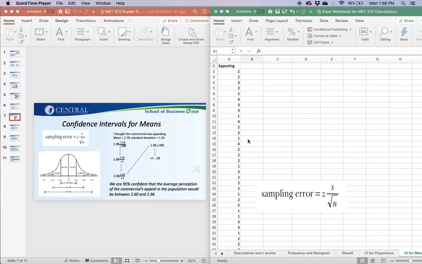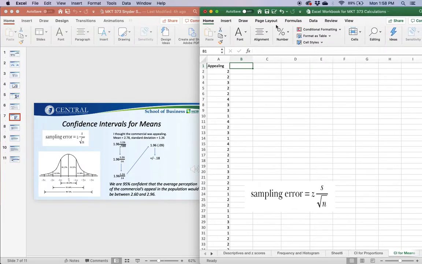Once again, you remember that we went through the hand calculation for confidence intervals in a prior PowerPoint lecture slide. And I'm going to use the same exact data again. So if you remember, we used the question, "I thought the commercial was appealing," as our sample data, and we calculated a mean for that particular variable. So let me show you very quickly how you can go about calculating your confidence interval around the mean for